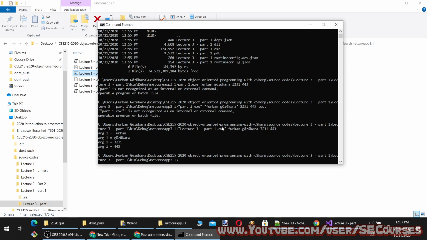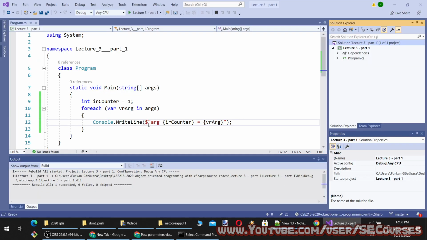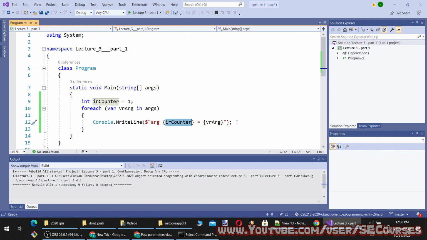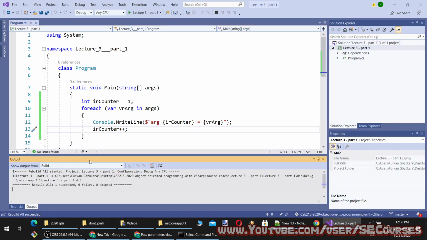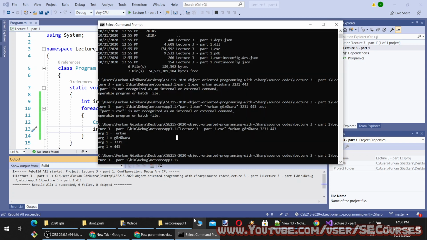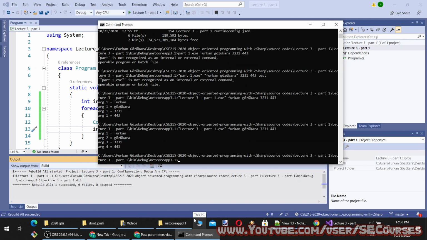Our software has started, and as you can see, it has written each argument to the screen. However, I see that we didn't increase the counter, and I have saved it. However, I need to build the application again, so I'm going to rebuild. Okay, succeeded.